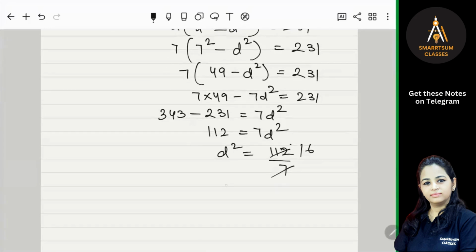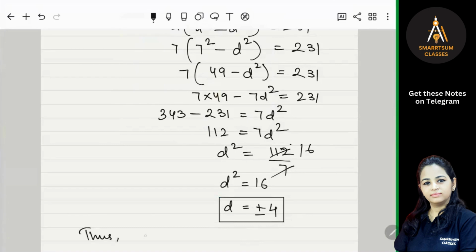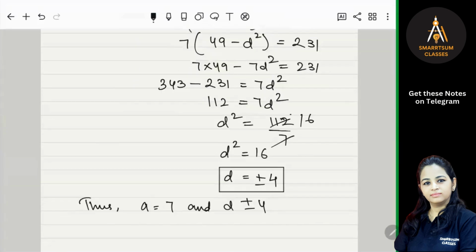So d square is 16. So d is plus minus 4. Whenever we are finding the square root of any number, that can be a positive number, that can be a negative number. So thus we are getting the values a is equal to 7 and d is equal to plus minus 4. Okay. So what can be the numbers? Hence the required numbers will be